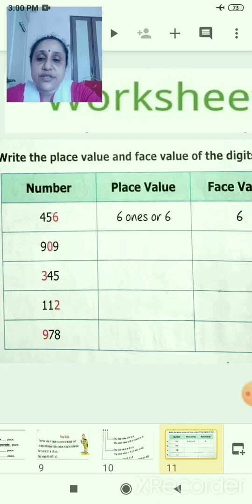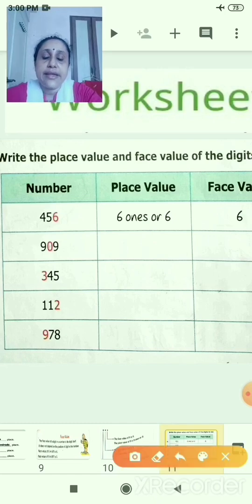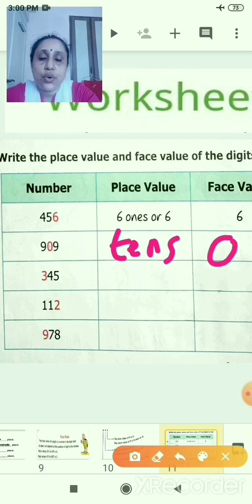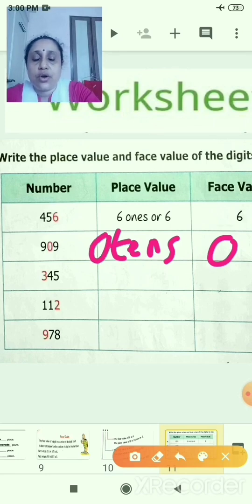Now the next one, 900. So 0. Zero's place value is in which place? Tens. Okay, it is in tens place, or you can write 0 only. Tens place 0, and the face value will be 0 only. Okay, you will write 0 tens, or you can write simply 0.